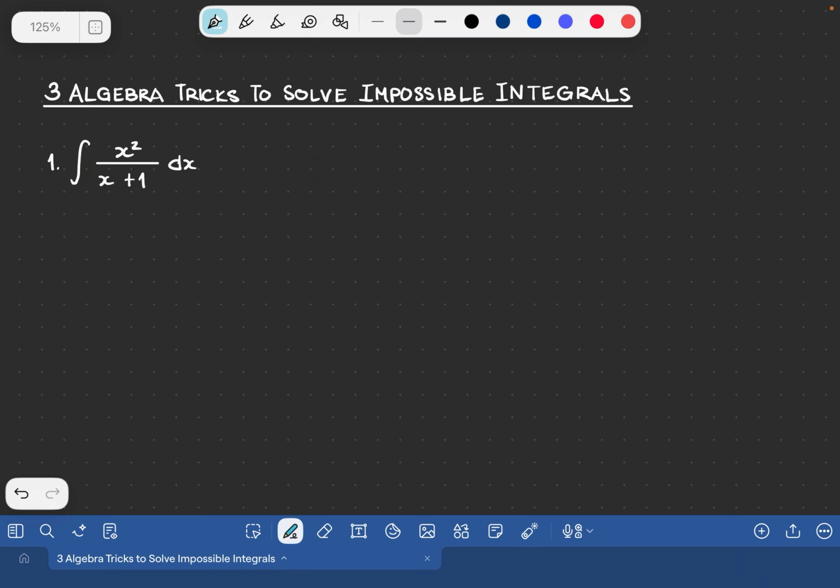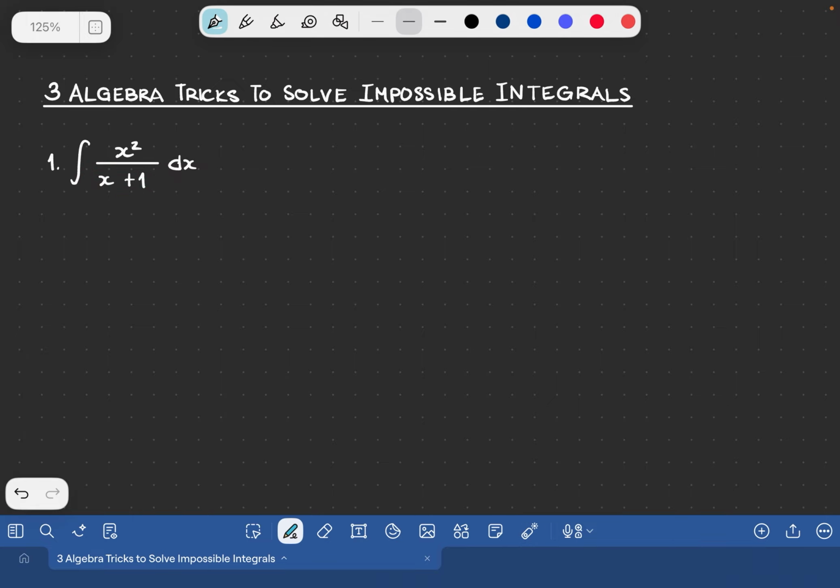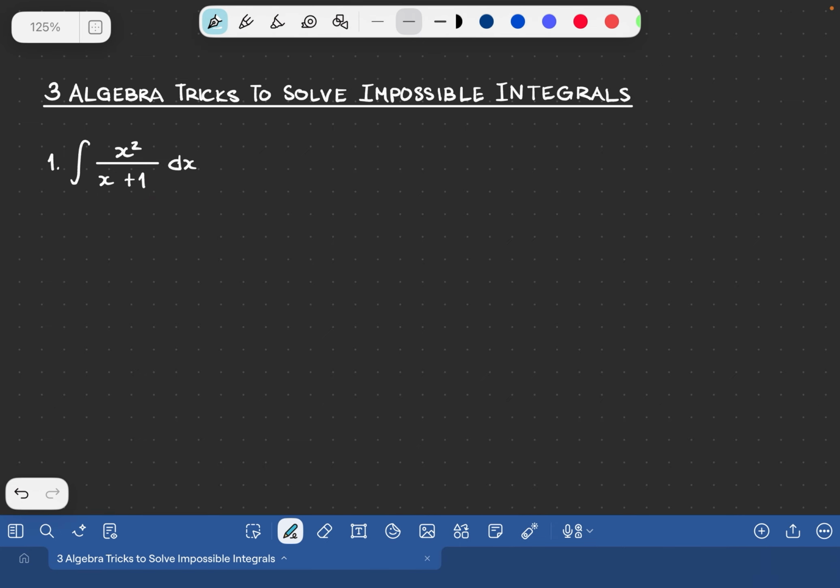So for these types of problems wherein the degree of the numerator is higher compared to the one in the denominator, a trick that you could use is to apply long division or synthetic division. For this one, I would be applying long division since it's more general and applicable to different types of rational functions with different degrees. So let's do that one. Applying long division,